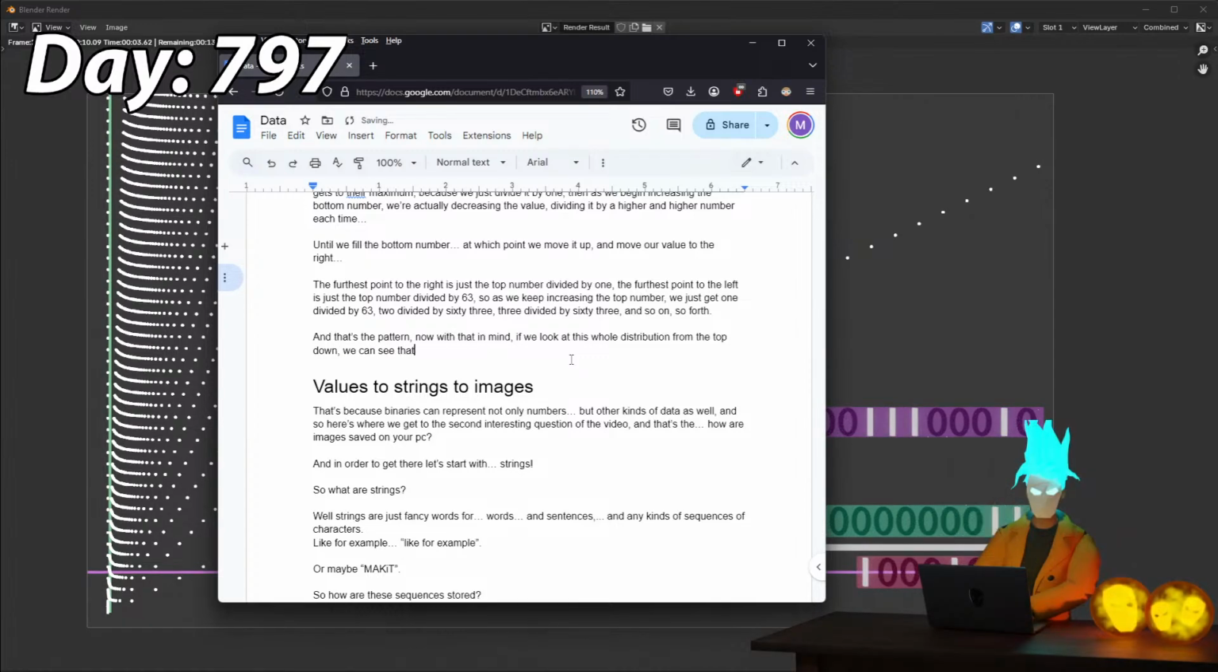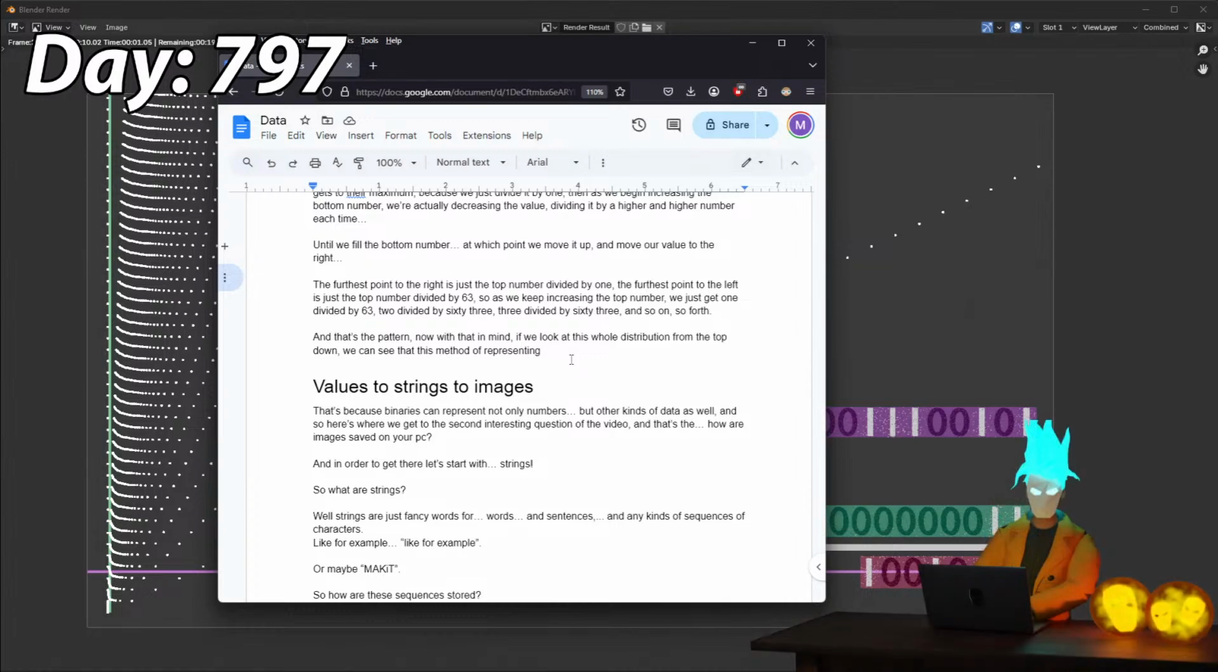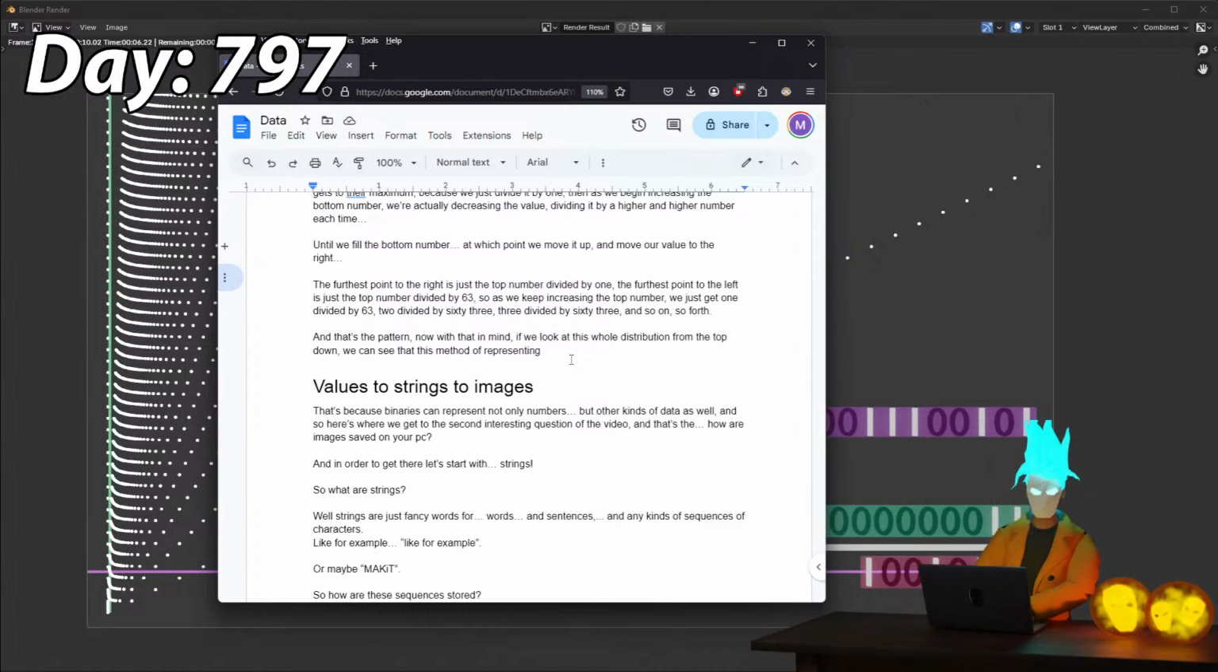You can see that this method of presenting. We can see that this method of representing